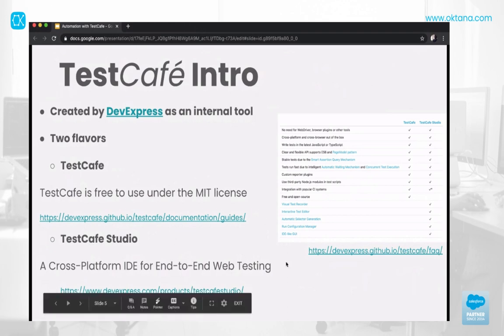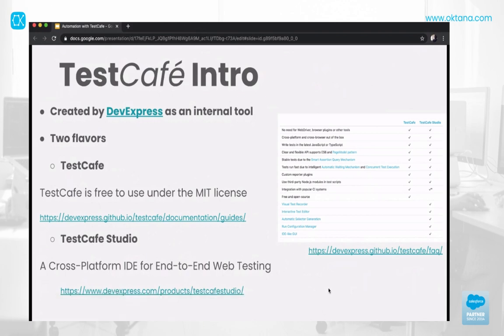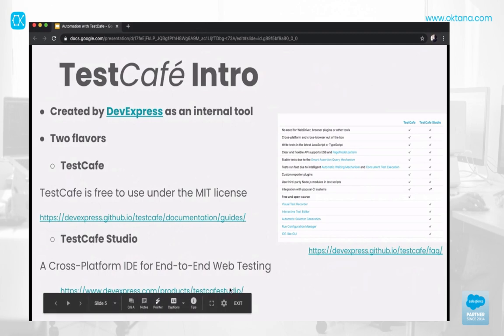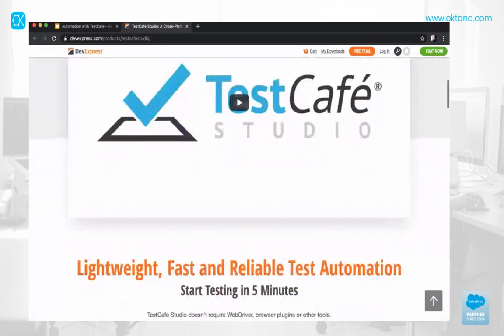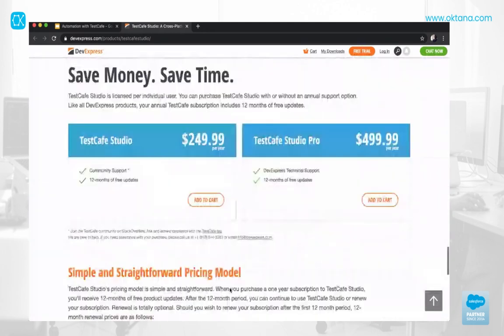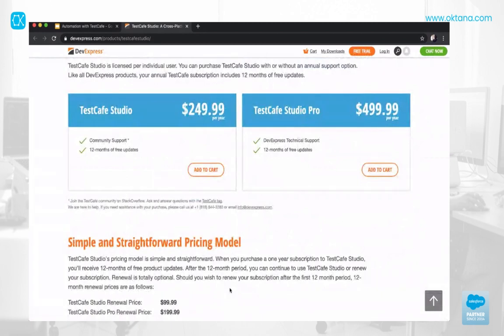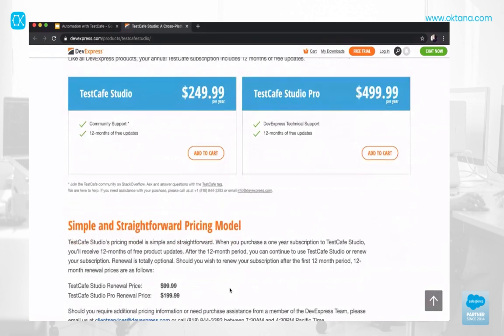great because it's an entire IDE where you can record your own tests, and after that create it. If you want to give it a try, you have 30 days free. It's really cool. About pricing, I think it's not too much, and you're covered with this. You can use TestCafe Studio when you have a team that your developers don't have time to write scripts,